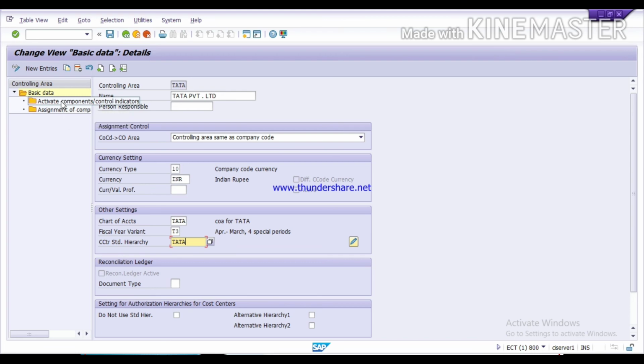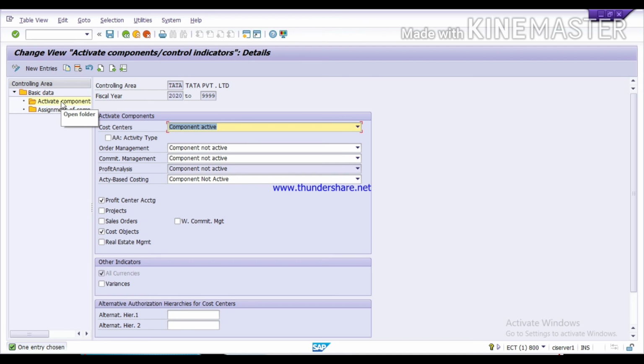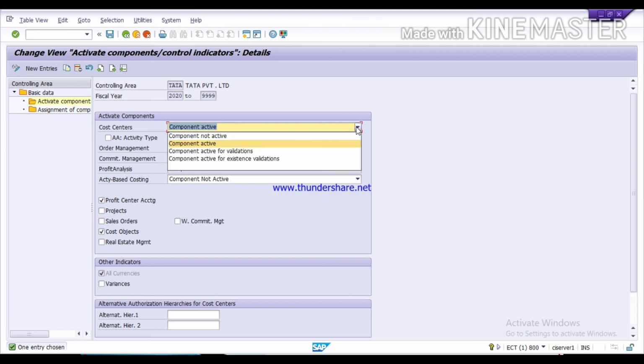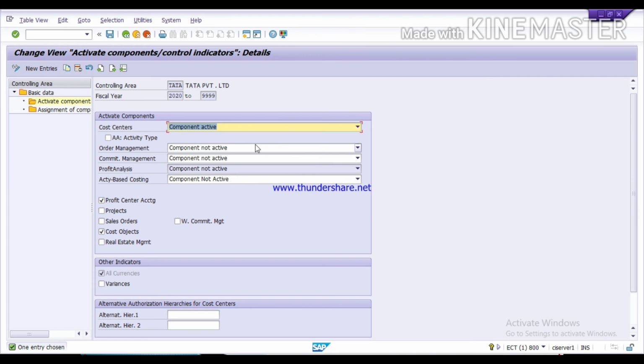Then double click on Activate Components. Here you will see your fiscal year variant has been taken from the previous window, and in Activate Components you have to activate those components which you want to be active in your company. First of all, click on this component active. Then at the bottom you have to select which areas you want to activate, like profit center accounting and cost object.